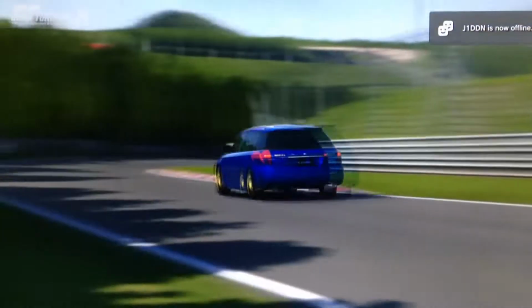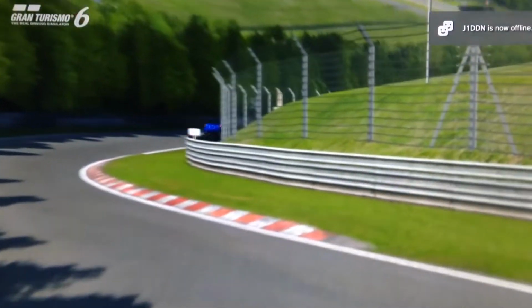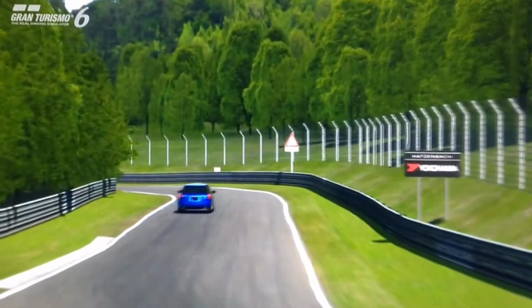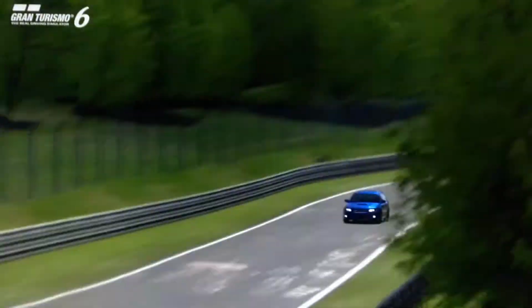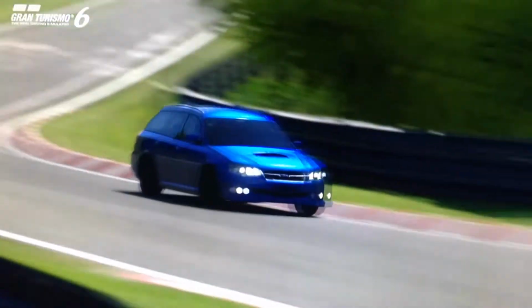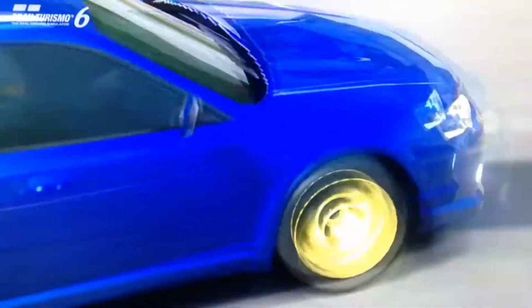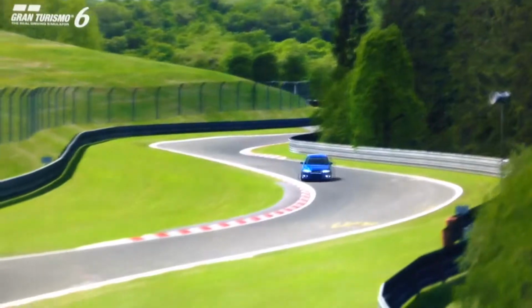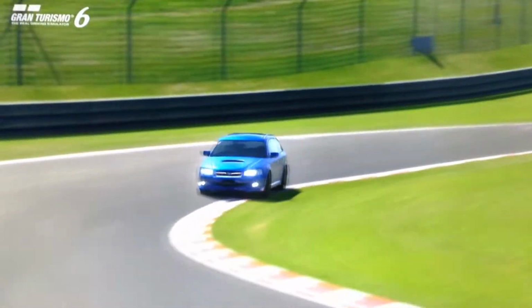And in this episode we're featuring another variant of the newer shape Subaru Legacy wagon. This is probably my favourite of the newer shape Legacies that are on the game. I still view the older model in the same way as I mentioned in that Cars episode, that it's a great sleeper. But if you're more of a fan of newer shaped vehicles, I think this is probably going to